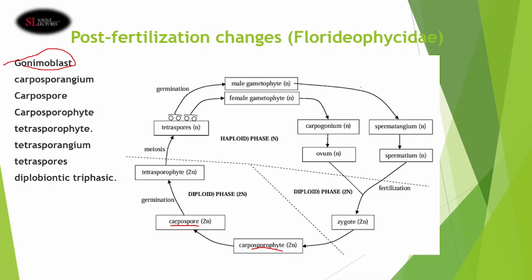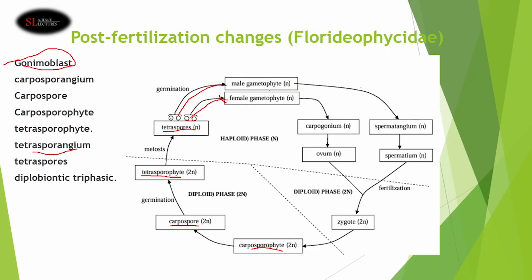When the carpospores are released or dispersed, they will germinate to form an intermediate structure called the tetrasporophyte. Then the tetrasporophyte contains the tetrasporangium, and this tetrasporangium will undergo meiosis to form tetraspores. Then two of the tetraspores, this one and this one, will form the male gametophyte. Then these other two will form the female gametophyte. So those are the post-fertilization changes in